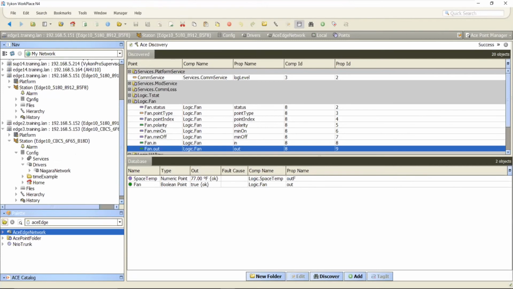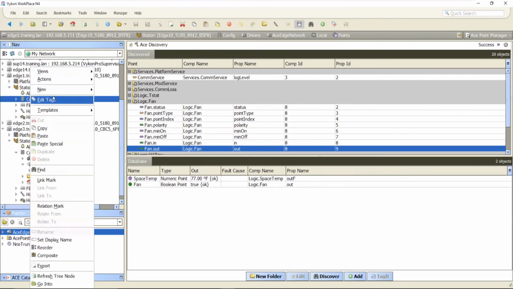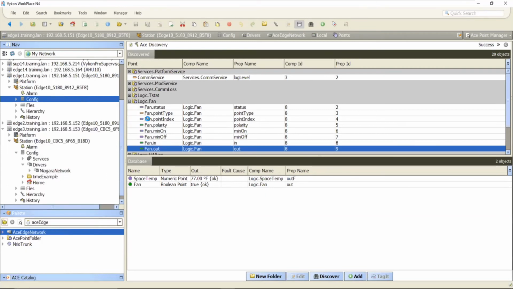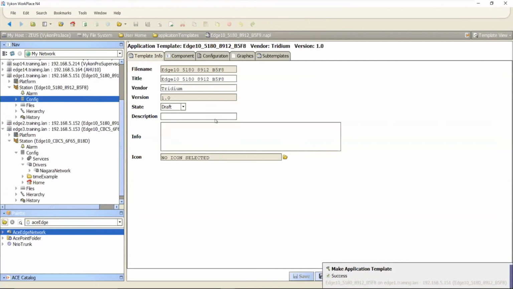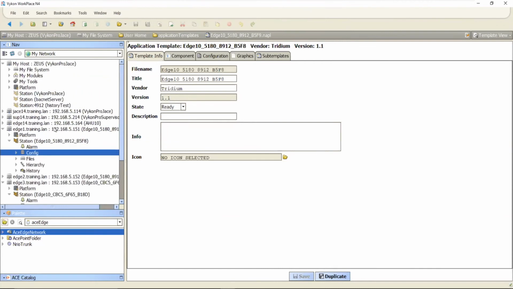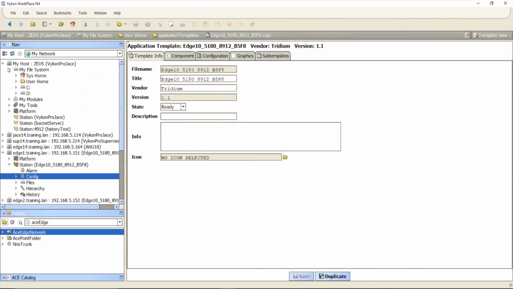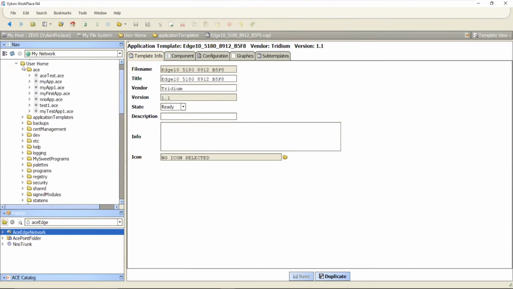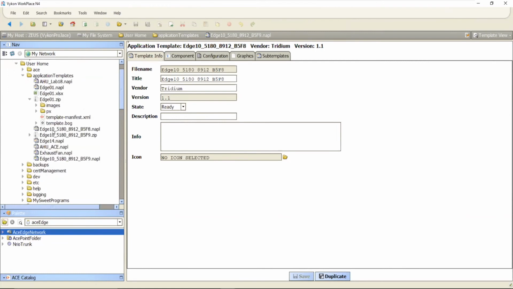So what I mean by that is if I make a template, an application template of this controller, I'm just going to set this to ready here and give it a version. I'm not going to make any modifications. I just want to save it so that I can go take a look at that file. So if I look under my user home at my application templates here, it just saved this NAPL file here under my